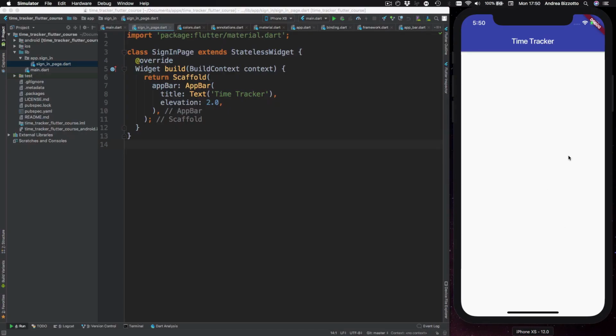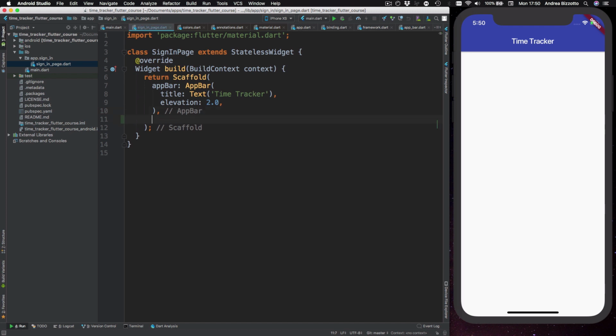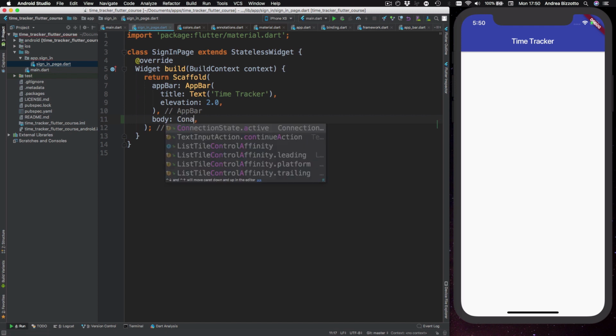Okay, so this white area over here on the screen is the content area of our scaffold, and that is defined by a property which is called the body of the scaffold. So if we define that, we can add a widget to it, and let's get started for now with just a container. So we're going to type container,